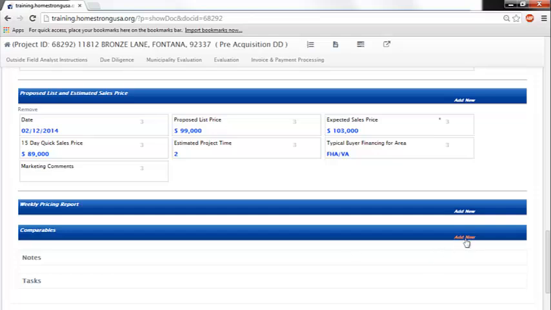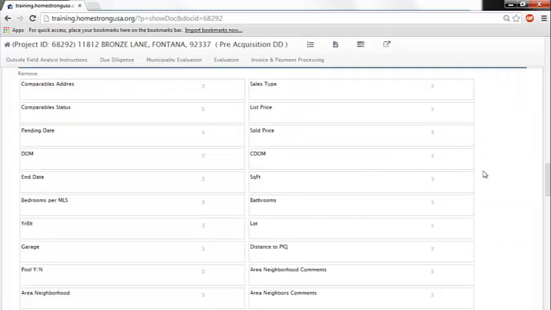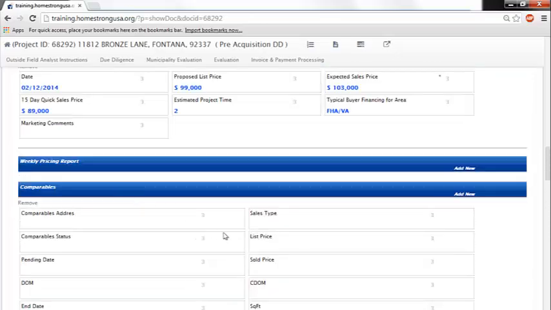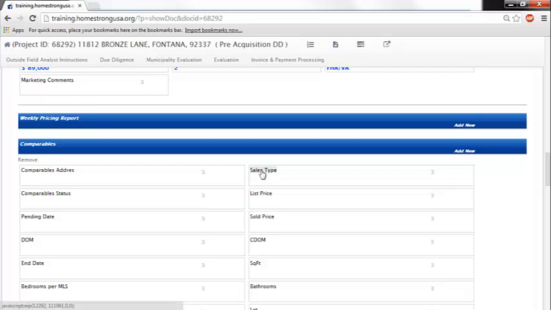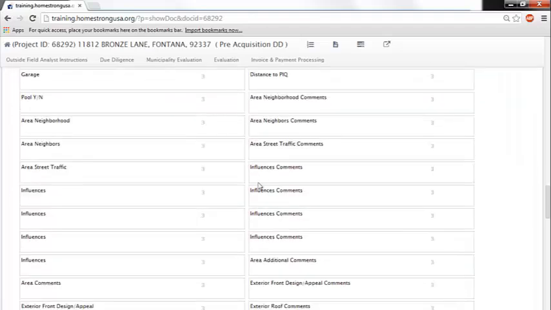The comparable section here for the evaluation is automatically filled out, and for each property you will have most of the information already auto-populated, which is the address, the sale type, the status, the list price, the pending days on the market. All that fun stuff comes directly from the MLS. What we are looking for you to provide for each of the comps that we chose to be our comparables to determine an after repair value